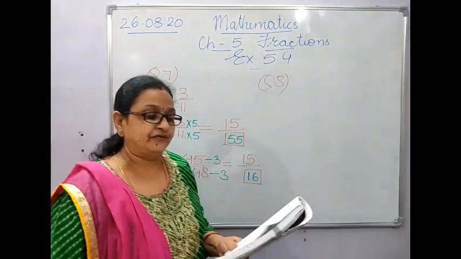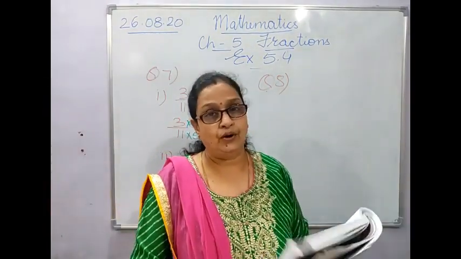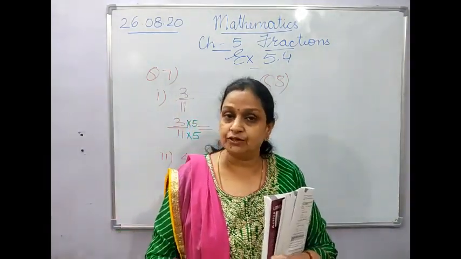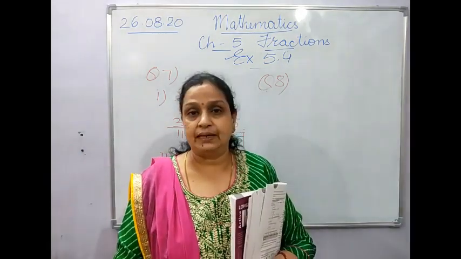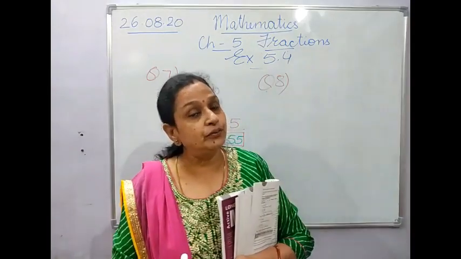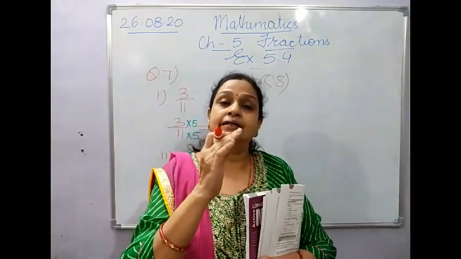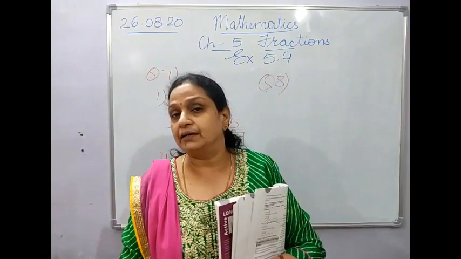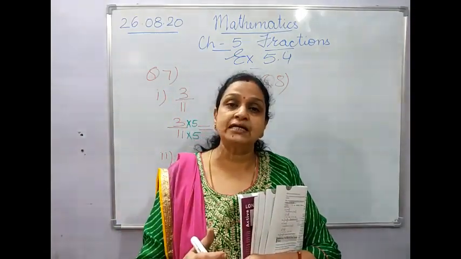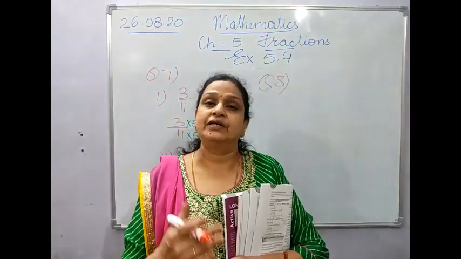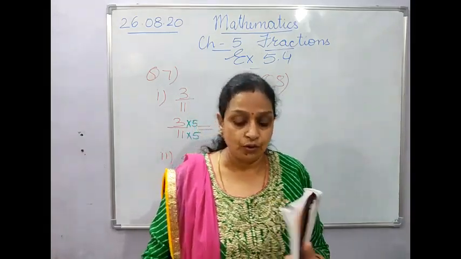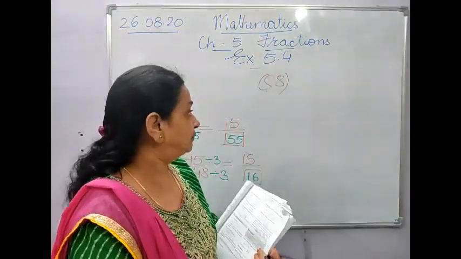Check whether the fractions are equivalent or not. Same here, when you have to find out whether the fractions are equivalent or not, you have to cross multiply. The denominator of the second one will be multiplied by the numerator of the first, and the denominator of the first will be multiplied by the numerator of the second one. Cross multiply. If the cross products are same, they are equivalent. If the cross products are not same, they are not equivalent. So, question number 8, I will be doing this.